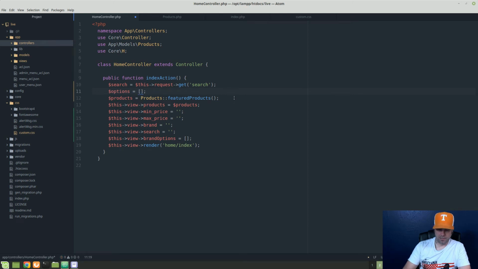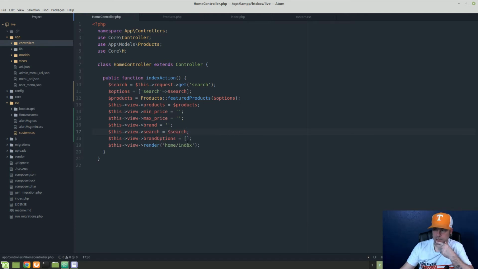And we're going to say, let's see, how do I want to do this? I think just to keep this clean, we'll do search, and we're just going to add search right here. And then we're going to pass this options array into our products, like that. Okay? And then what we're going to do, we're going to replace this down here with our search